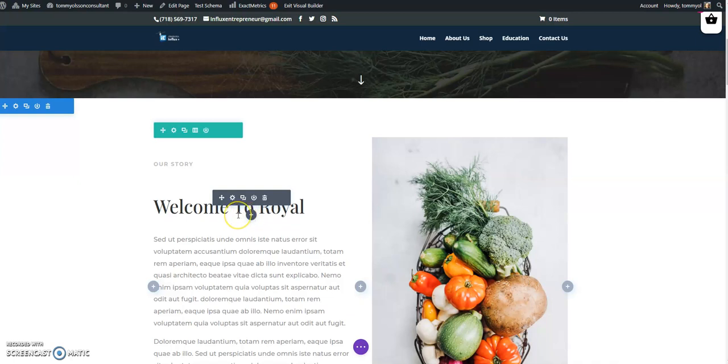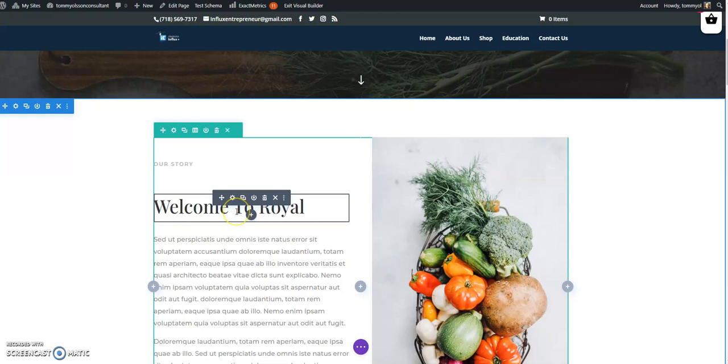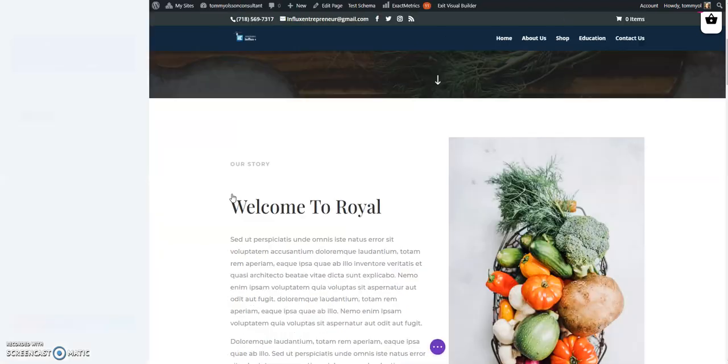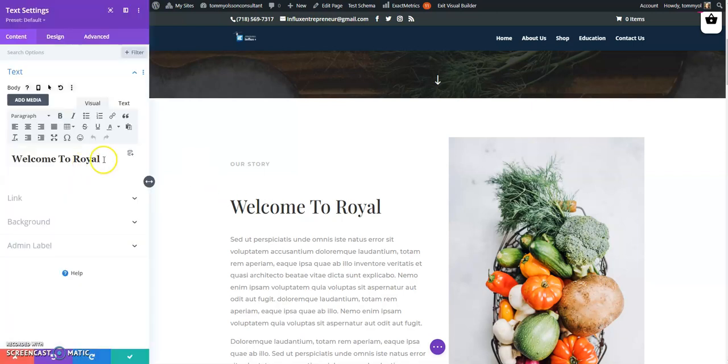To change the section with the subject line, headline, you just click on the section, and then you see this little wheel here. You click on that, and here you can change the text.